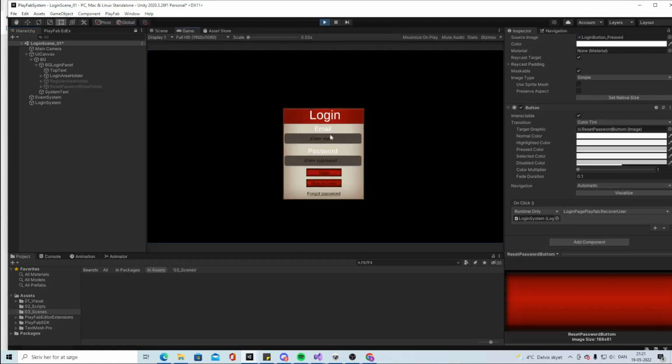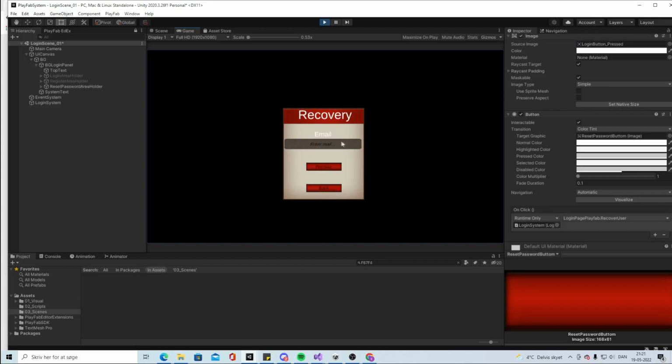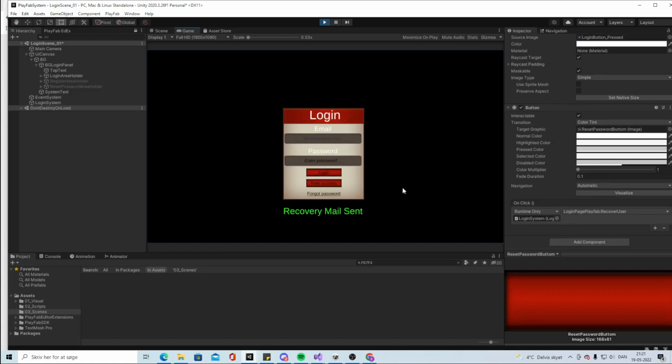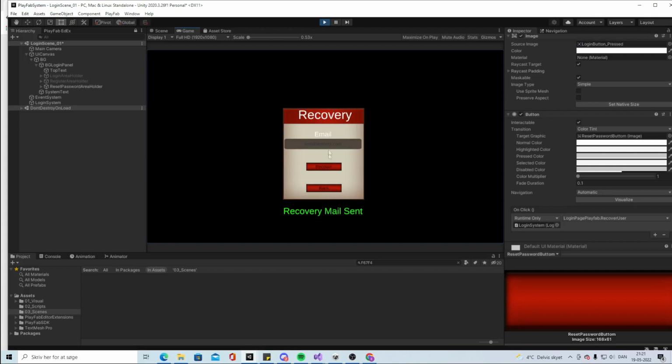So, unfortunately, I forgot my mail. Oh, I have not forgotten my mail. I forgot my password. So I know that it is something with this, but I don't remember the password. So I take my mail, go into forgot password, put it in, and ask it to recover. Says recovery mail sent. Let's say that I want to recover a password for something that is wrong, and it's an invalid email address. You can change this so that it will say something else, like